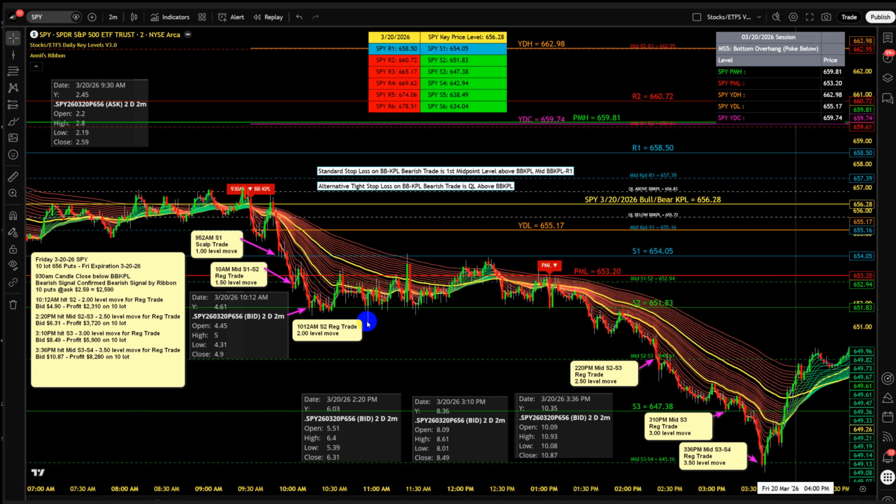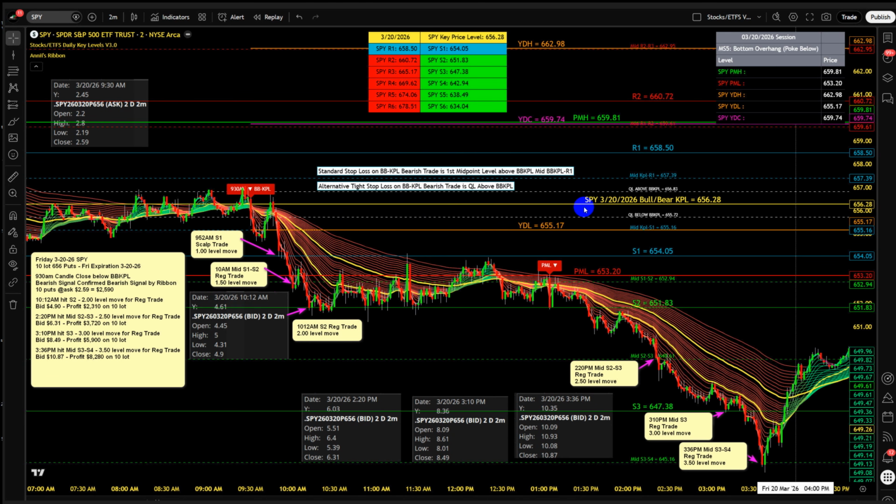However, on a regular trade, once the regular trade has moved either the minimum 1.5 level move in your favor or the ideal minimum 2 level move in your favor, then you have several different options as to what to do at that point. One of those options is to not exit any of your position and simply adjust your stop loss to either break even or break even plus a minimum profit buffer on top of break even. So in this case,